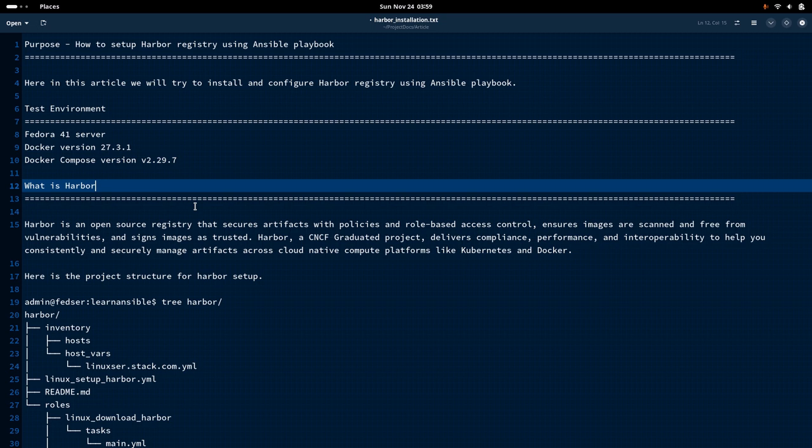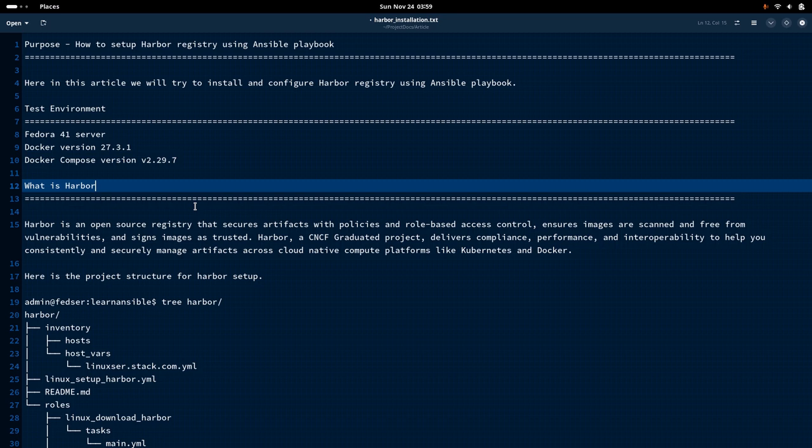And we can also use the facility of signing the images so that it can be trusted. So these are the various different features that are provided by the Harbor registry,